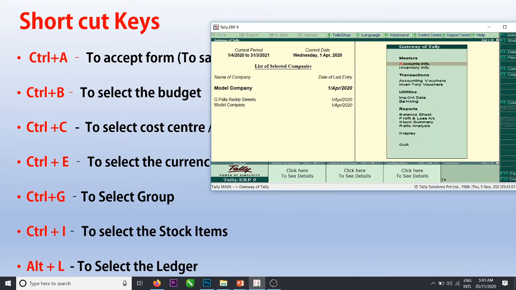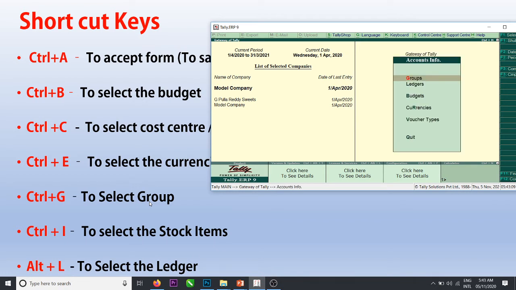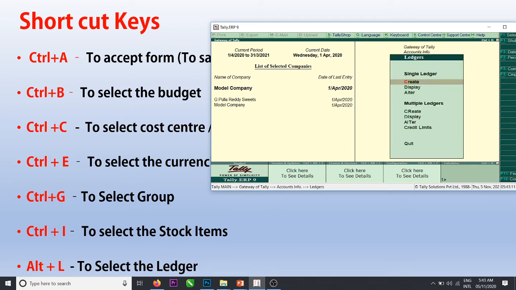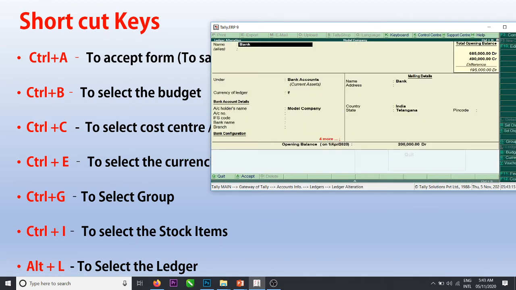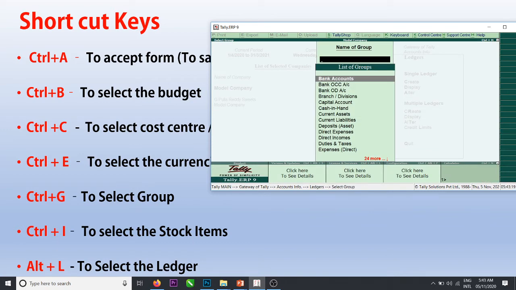Then coming to Control G, for directly moving to creation of group windows. We'll see here. I am at a ledger, but I want to go to a group. Control G. Which group would I like to select?